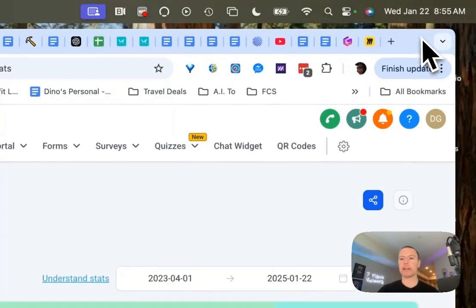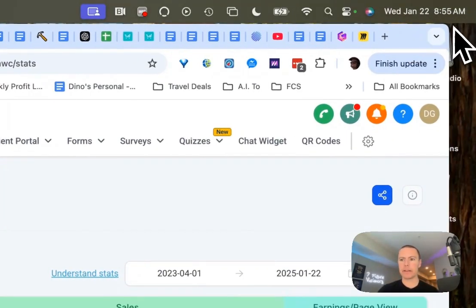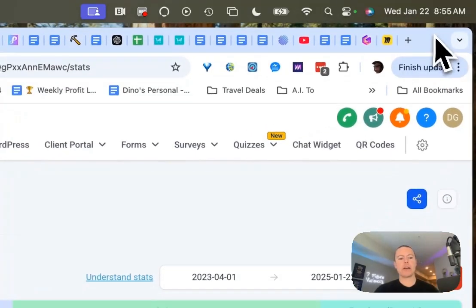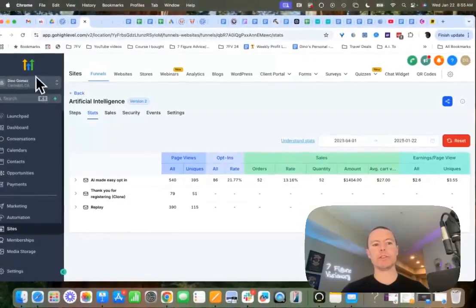Now, I'm inside GoHighLevel here. Let me go ahead and move this around so you all can see a little bit better. I'm going to shrink this. All right, so on the left-hand side, what you want to do is when you log into your